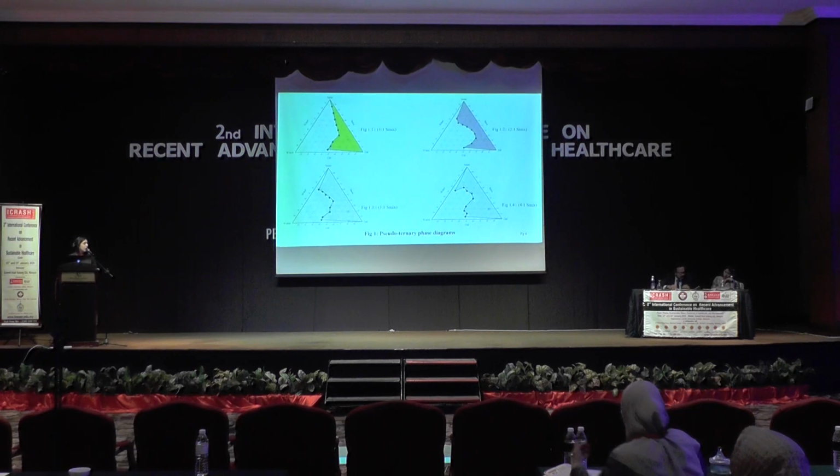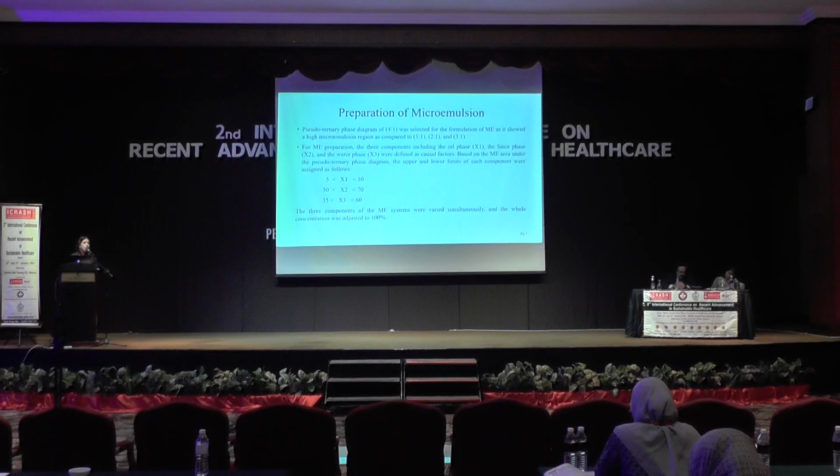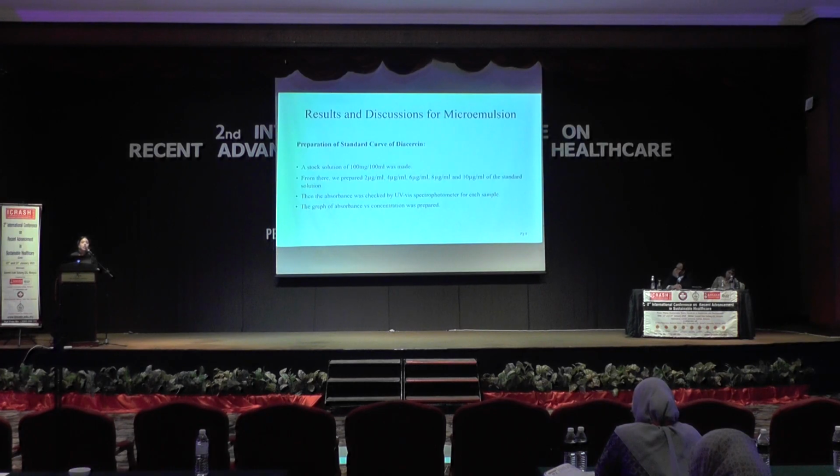So these are the 4 phase diagrams that I obtained, and clearly from figure 4, that is the 4:1 ratio of S-mix, we can see the microemulsion region is larger compared to the other 3. So I selected this 4:1 ratio S-mix for further studies. Considering the 4:1 ratio ternary plot, the castor oil concentration should be from 5 to 10, S-mix is 50 to 70, and the rest is distilled water to make up a total of 100%.